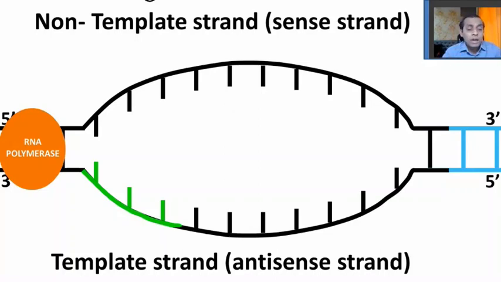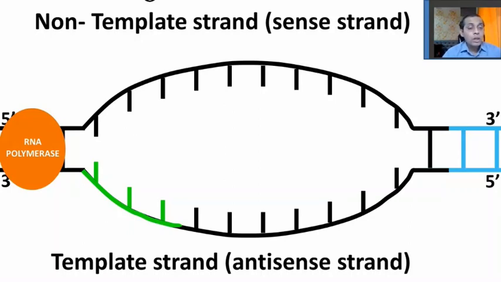Now you might wonder how they decided that this is the template and this is the non-template. Now remember, RNA is always formed from 5' to 3' end. So the DNA strand on which this 5' to 3' RNA should be made, the DNA should be 3' to 5', and then it can make the RNA in anti-parallel direction. Hence, the one which is from 3' to 5' is the template. And the promoter also is active in the template strand. Now, if I ask what is the location of the promoter?